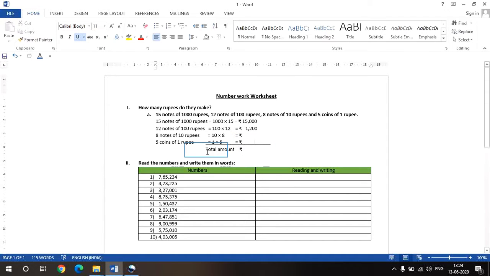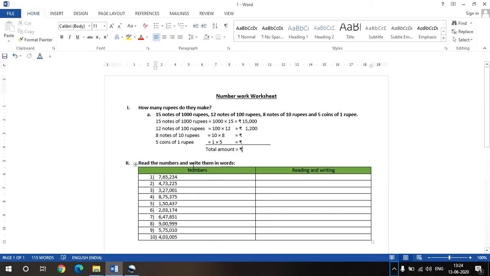Then you have to find the total amount. How do you find the total amount? Like last time, you will add all the numbers that are here. You get the two numbers which I have already given to you and the two numbers which you are going to find out after solving. You're going to add all the four numbers and write the total amount. Clear? This you have to solve by yourself.